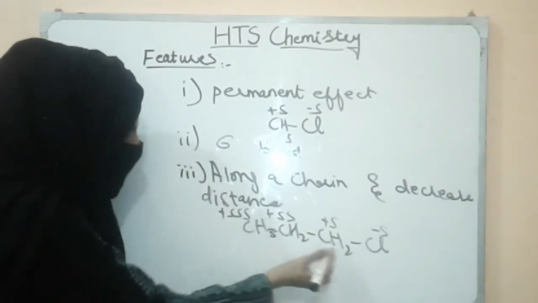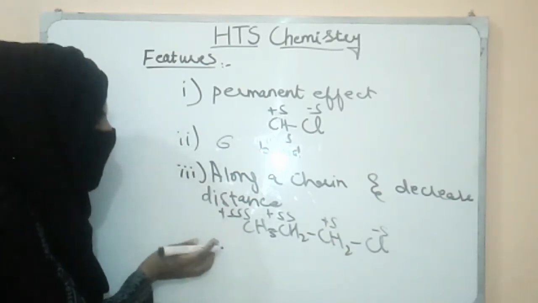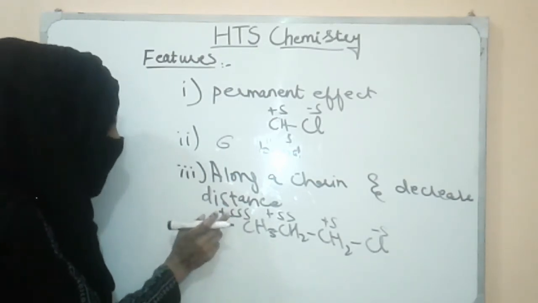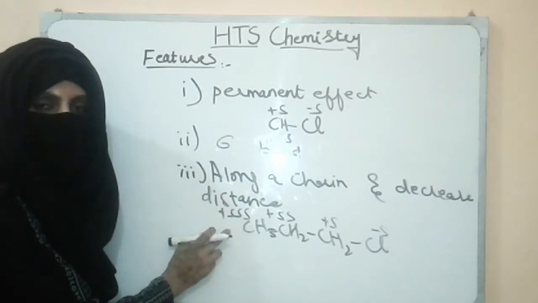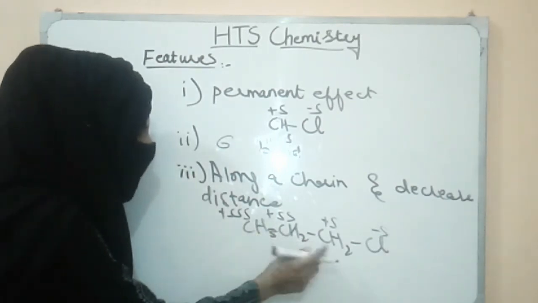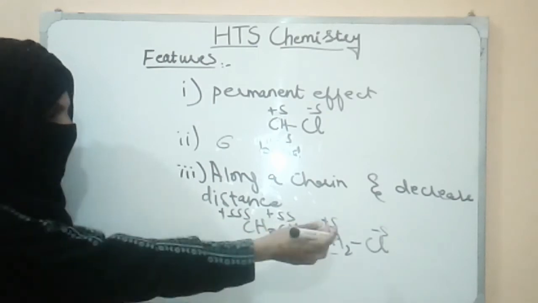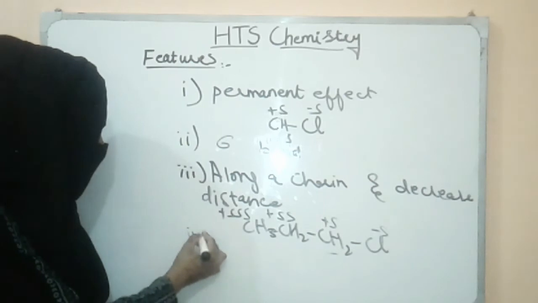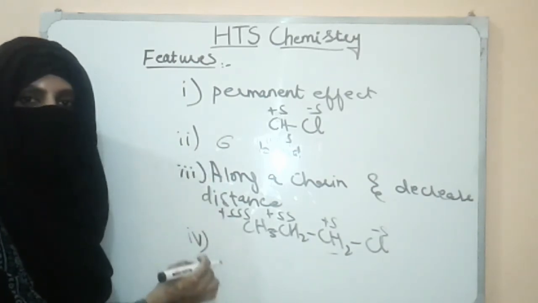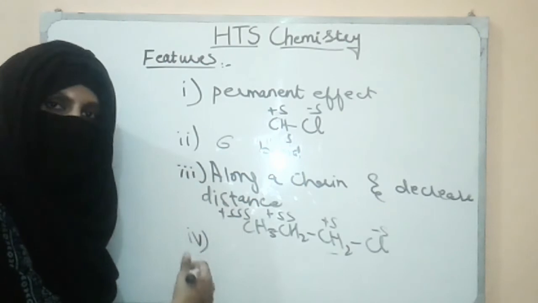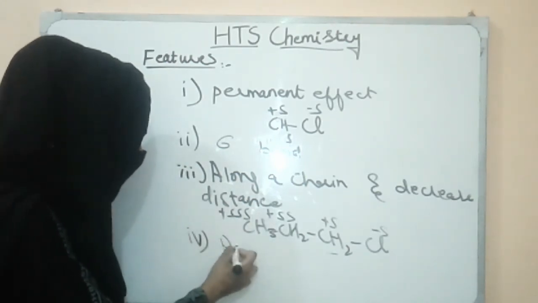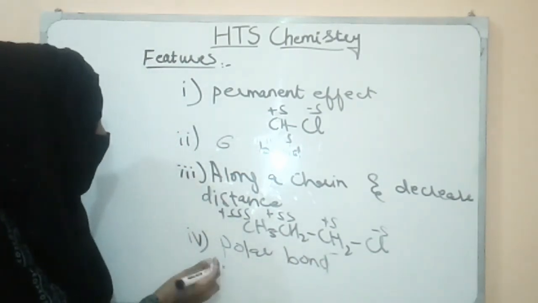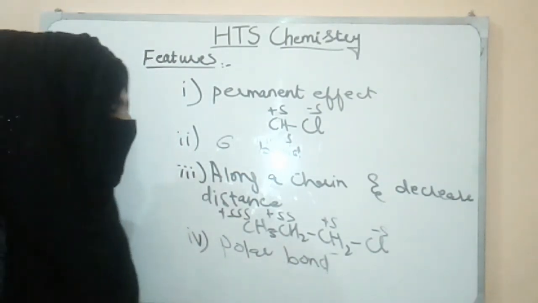So students, it is gradually decreasing with the distance. As you know, the magnitude of the partial positive charge on this carbon is very less as compared to this carbon. So it is gradually decreasing with the distance. The next feature is that this effect is applicable only in polar compounds or polar bonds. As I already explained, this effect is applicable in polar